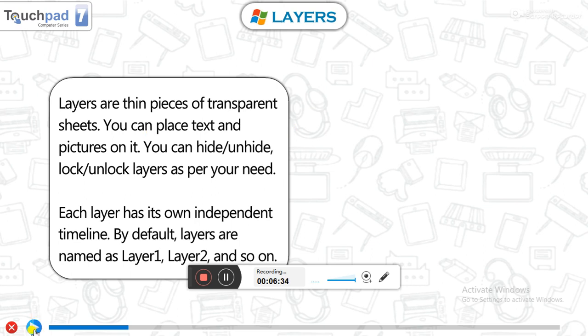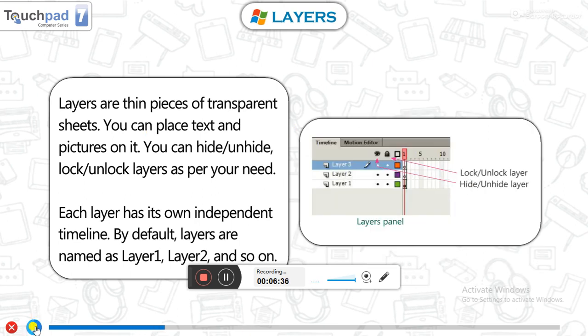Now layers have some more options. A layer can be hidden or unhidden, and locked or unlocked. To hide a layer, there is a very simple way. You can see the eye icon here. Select the layer and click on the eye icon.